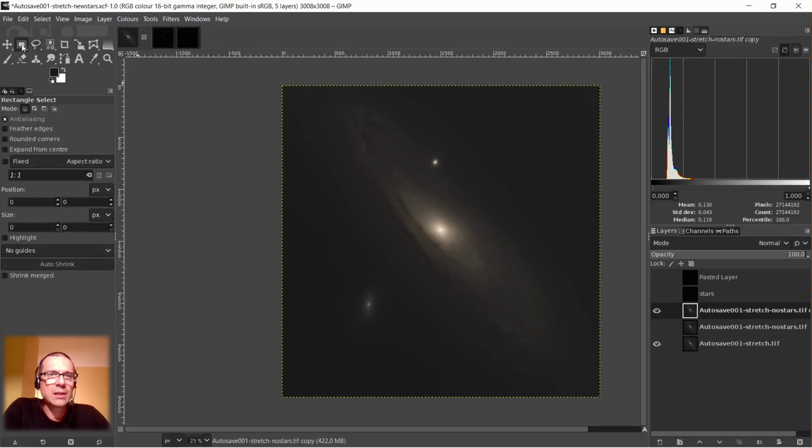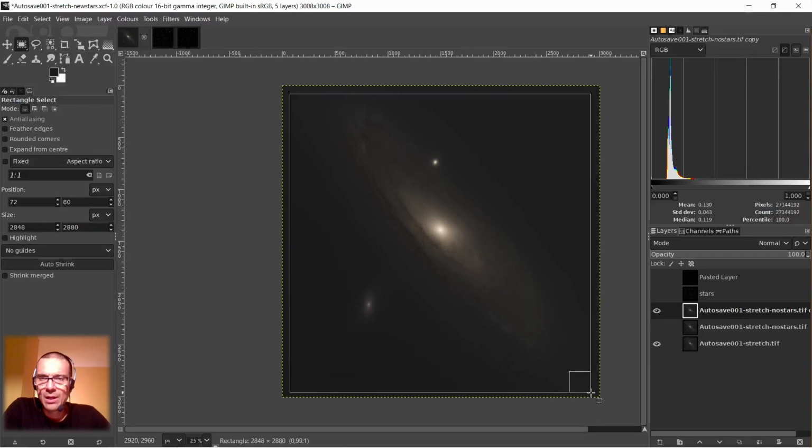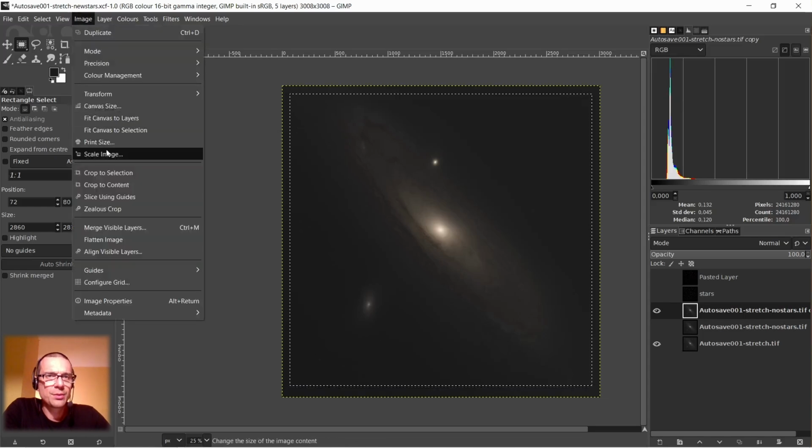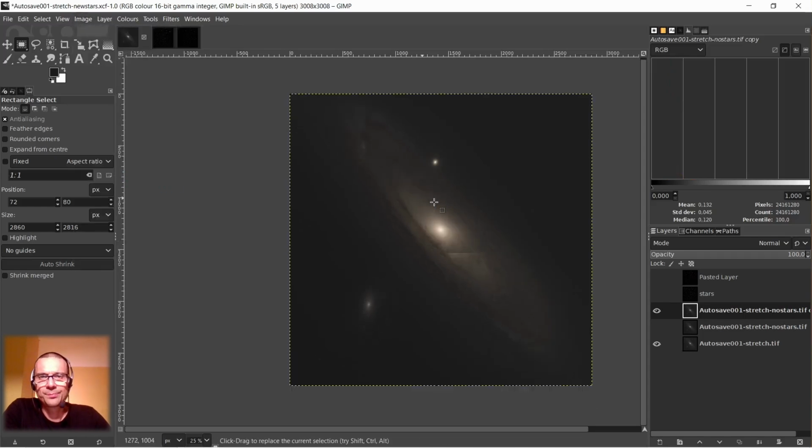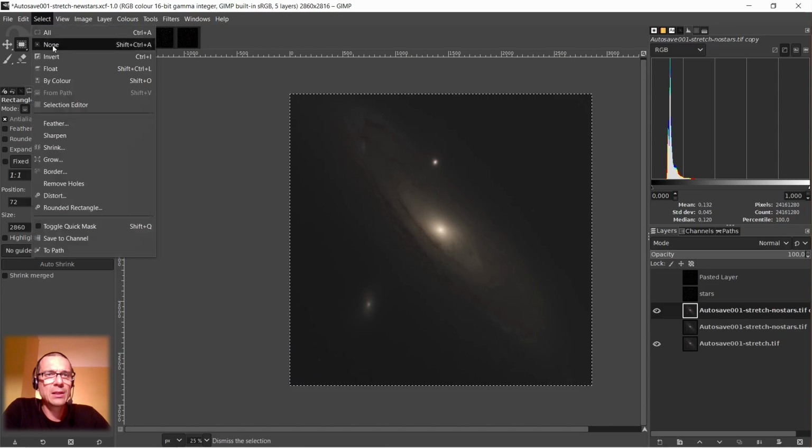So I will make a rectangular selection. Hit enter and choose image, crop to selection. Okay, and now the edges of the image are more clean. So I choose select, none,